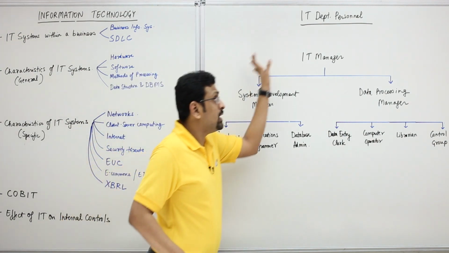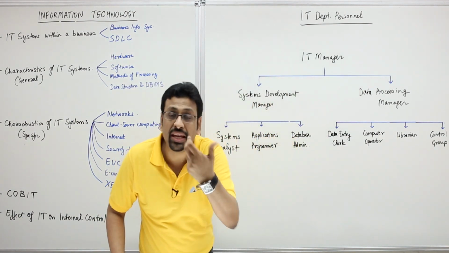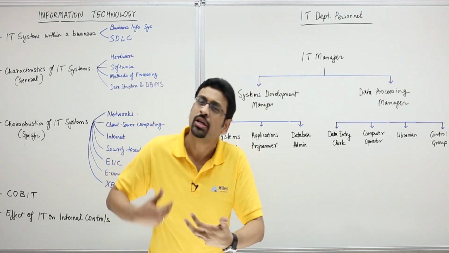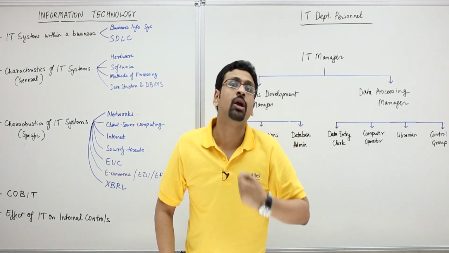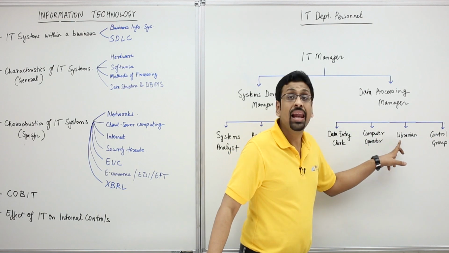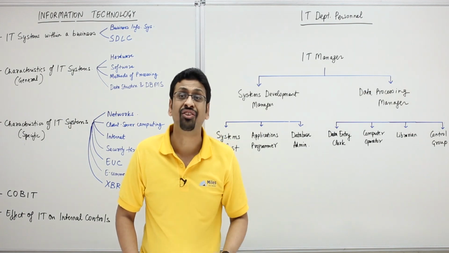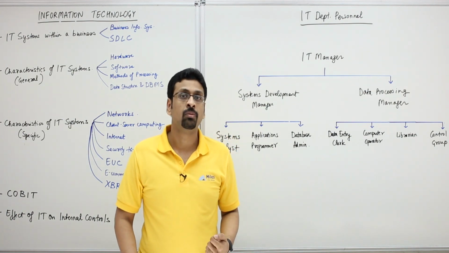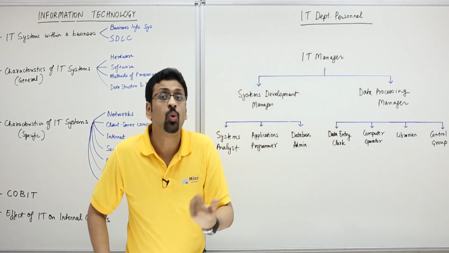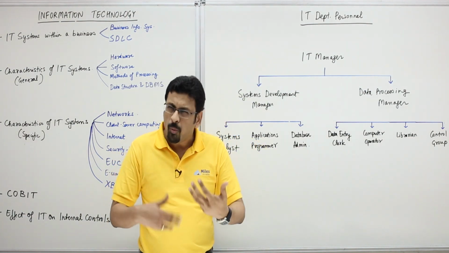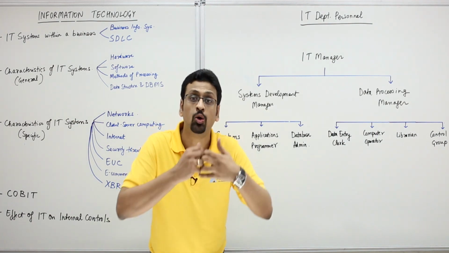Now the second team we are looking at is the data processing team. So you have a data entry clerk, or rather many data entry clerks who convert data into computer readable form. And then you have computer operator or operators who run the program on the computer. Then you got librarians who have custody of the computer programs, of the master files, transaction files, records and documentation. And then you have the control group who come in periodically and do review and test of input procedures, who monitor the processing and then take charge of reviewing and distributing the output.